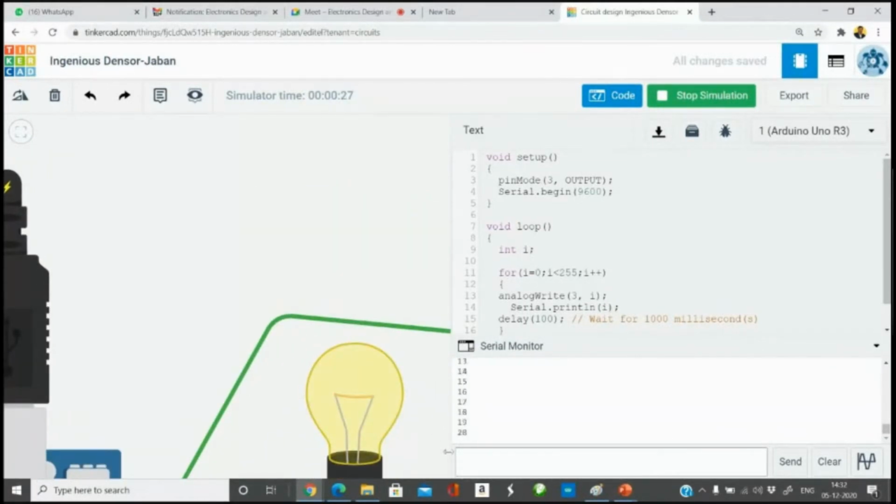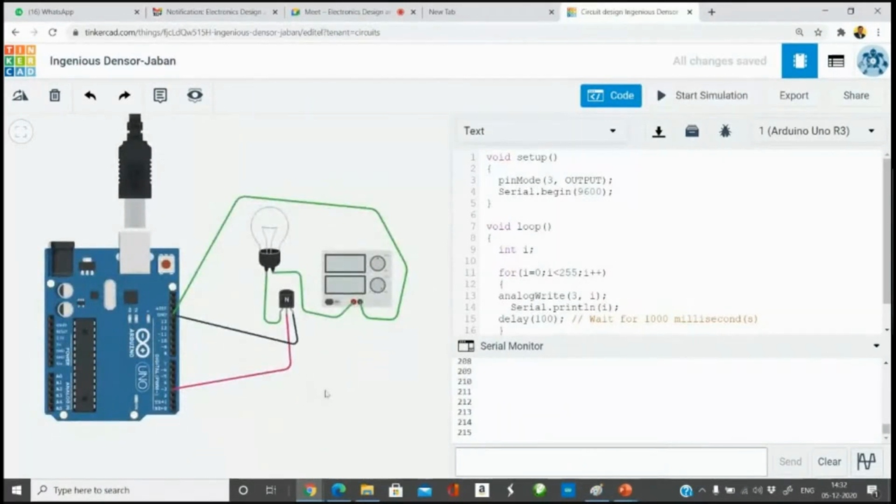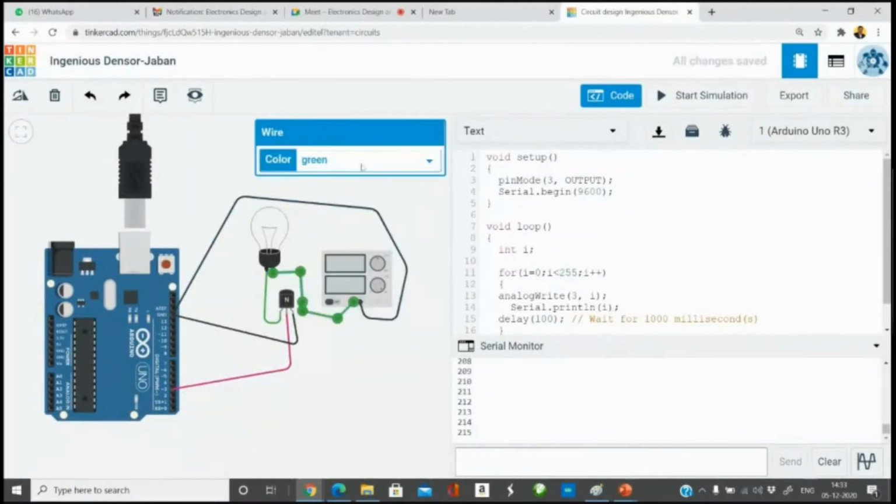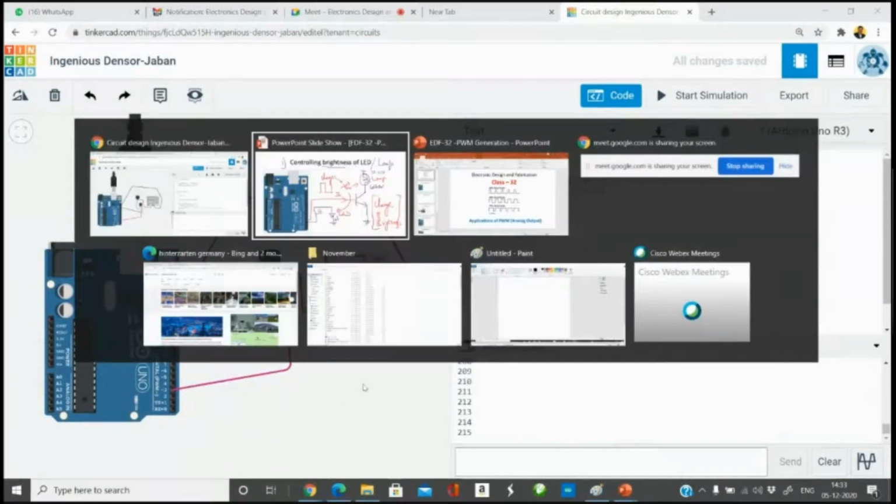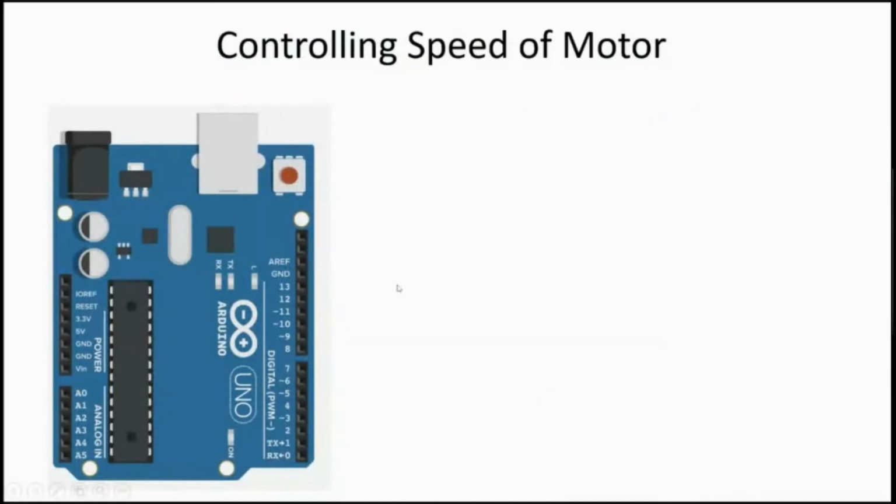This is again starting from 0. I'm not sure whether you are able to visually see the intensity changing, but in a practical scenario, you would see that the intensity of the lamp would change because of the variable analog voltage. Okay, so that is my first application. Second application, let us control the speed of a motor. Conceptually, the code remains the same for everything. The only thing is the hardware would change.